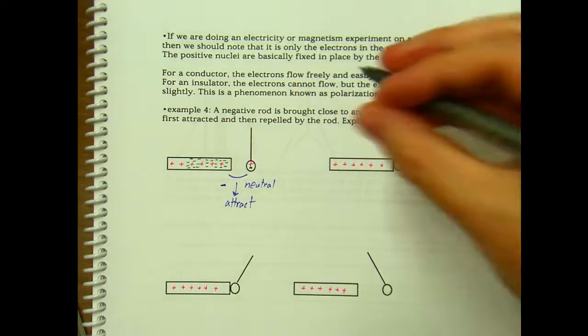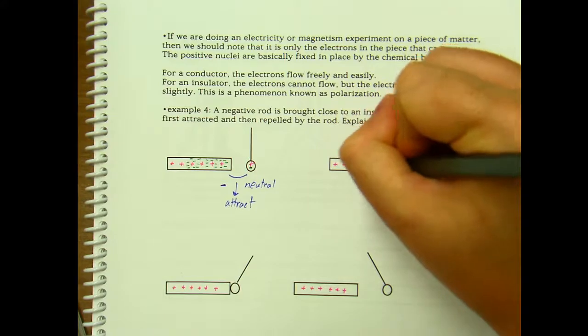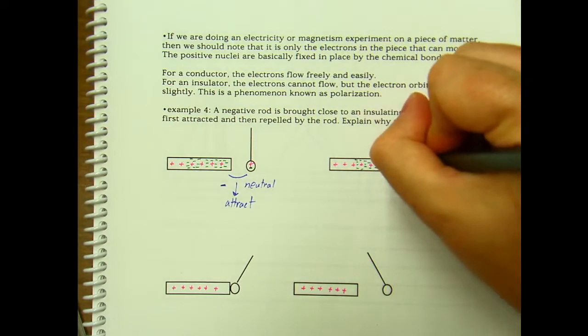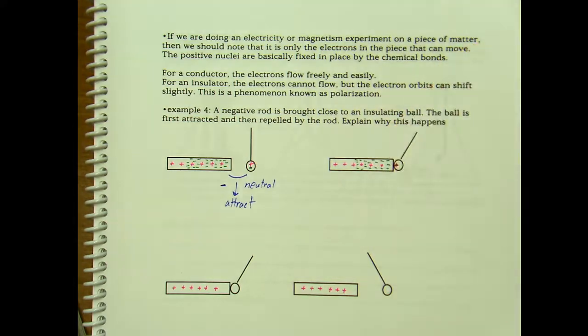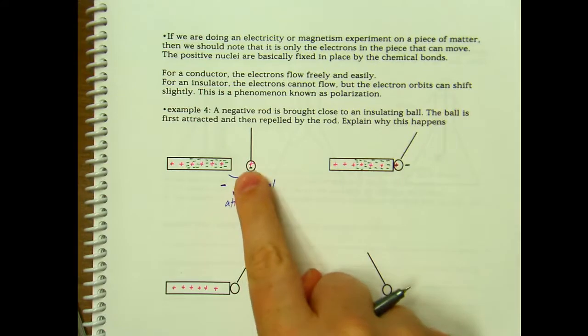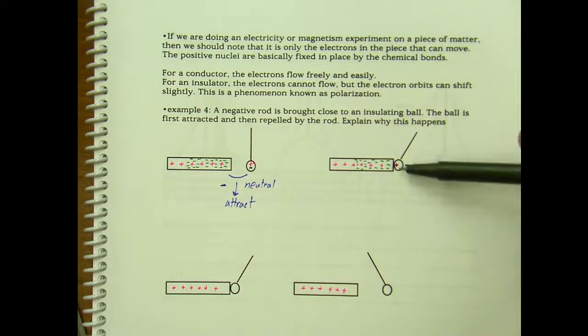What happens here is all of these negatives, the power of these negatives cause negatives to repel. And so what you get here is a positive, this needs to be pink. The proton that can't move stays where it is, and the 1 electron that this ball had goes over to the other side. And so the positive proton that's left, kind of in the center of the ball, gets dragged towards